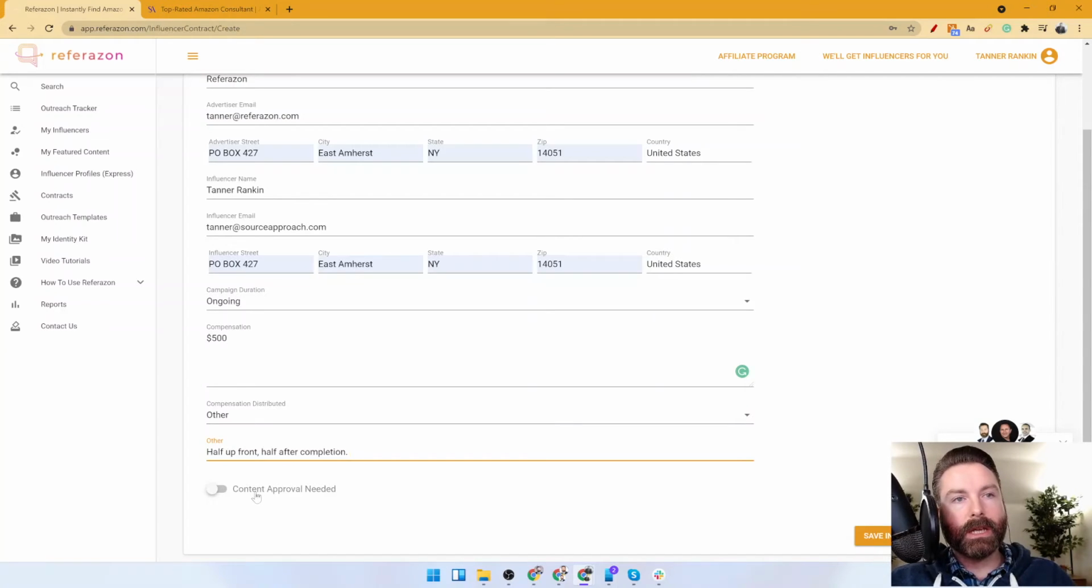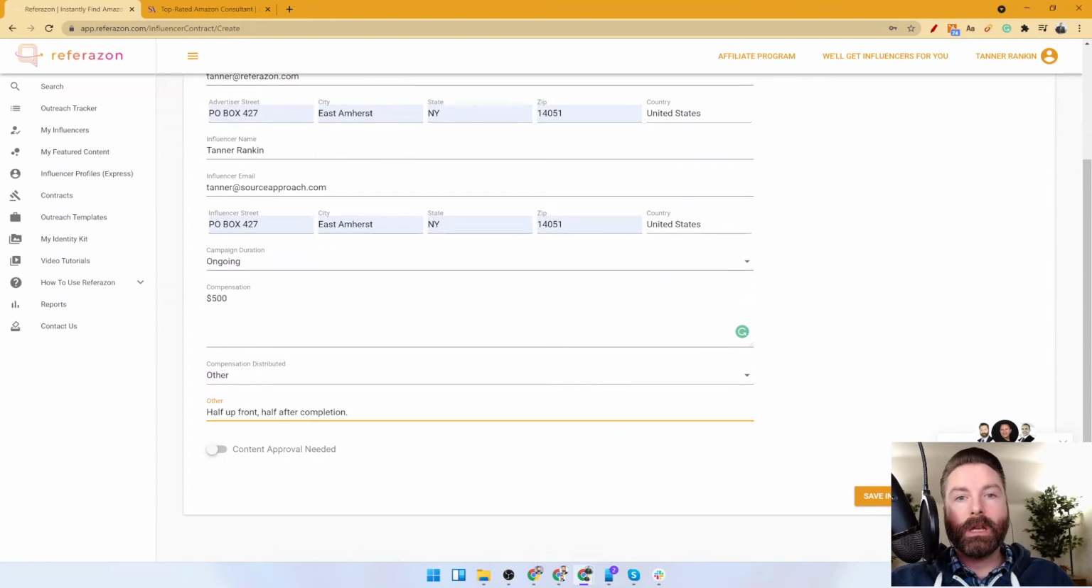So next up is content approval needed. Do you need to see and approve the content before they post it, or not? And so we could just check that off here. You would go ahead and click Save Influencer,